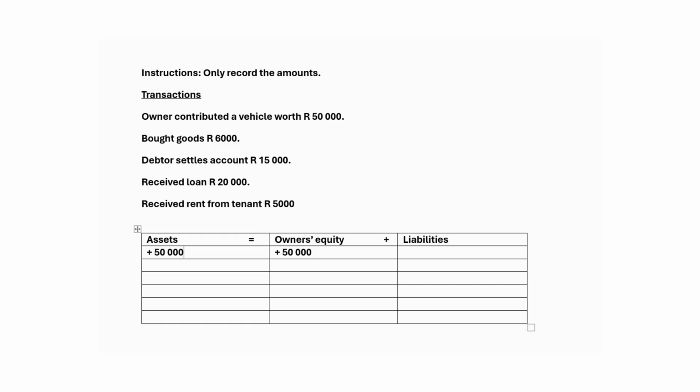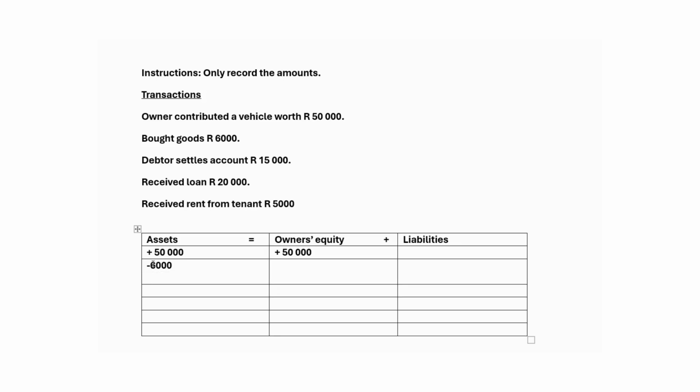Now we'll be going on to our second transaction, which is that the business bought goods worth 6,000 rand. We know when the business buys something that money is going out of the business, meaning that the bank of the business will decrease, and we know that bank is a current asset. So this means that our bank will decrease by 6,000, and our assets will also increase by 6,000